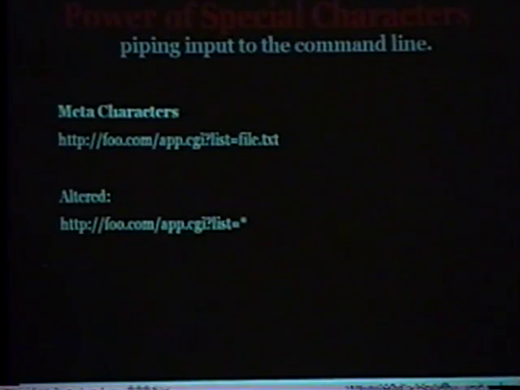And there's also the power of special characters. A lot of times, sites will list out particular files or use them as templates. Put in stars, put in special characters, try everything out. A lot of times, you'll get the meta character to actually expand and give you all files or all listings, or use every file as a template, and error galore, and you find all kinds of good error messages.